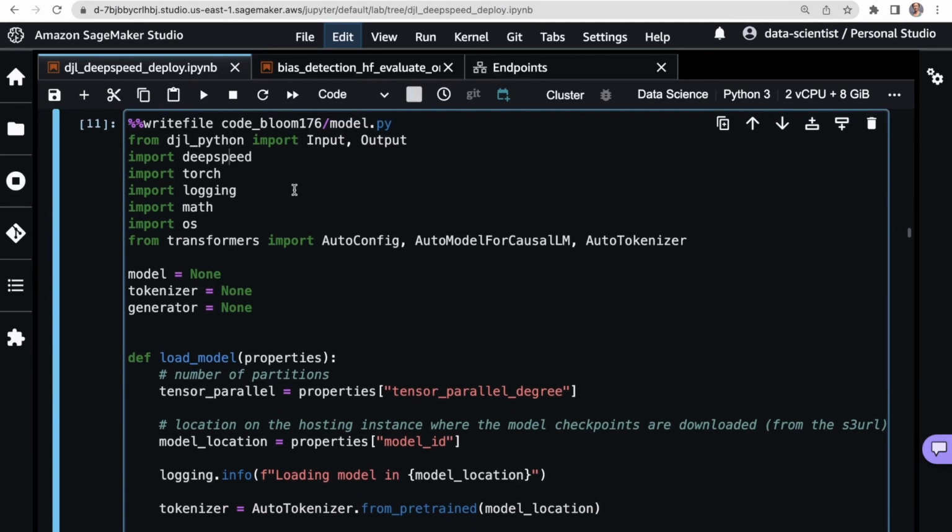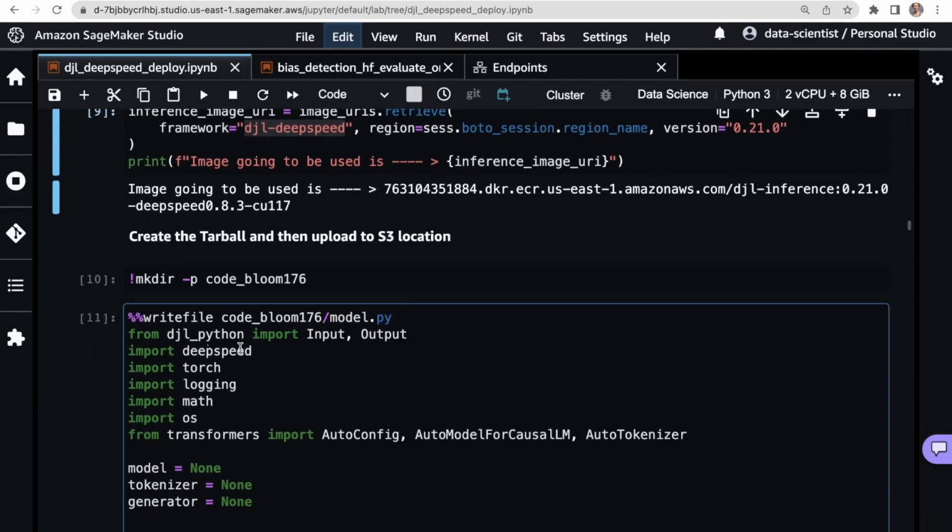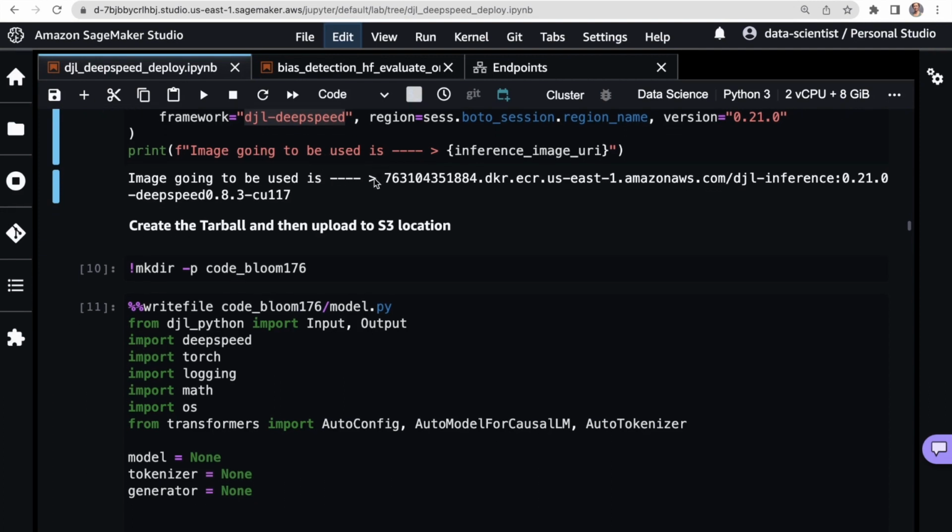And then remember, the packages for this are already installed in this image. Because we're using this pre-built inferencing image for DJL, it has these base packages pre-installed, so there's no need to bring our own requirements.txt. If you do need to create your own container for this, then simply follow the steps to create a new container on SageMaker, notably by using a notebook instance, creating a new Docker container, pushing that to the Elastic Container Registry, and then you can use that for your hosting image.